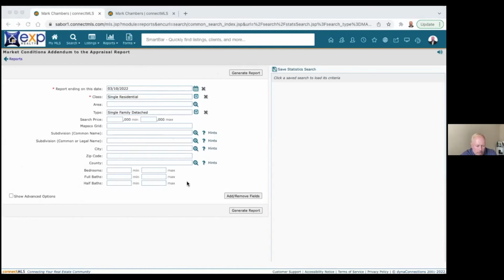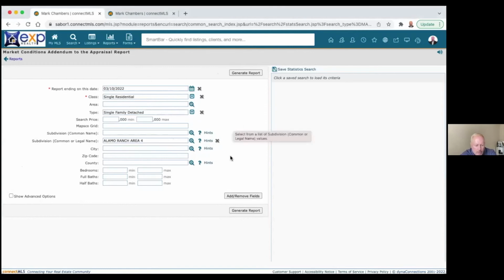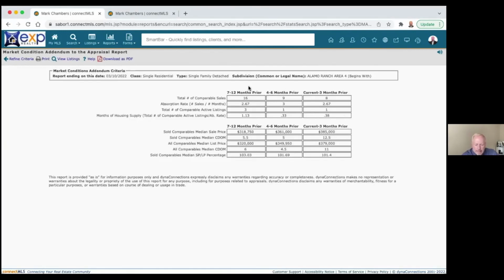and then you put in that same area we were just in, we were area 4, and you do generate report. It's going to tell you the last year, here's the last 3 months. Here's the last 6 months. And here's the 6 months before that. So look at the pattern here. There's 1.13 months of inventory in the last year. In the last 6 months, way less, 0.33. And 0.38 right now. Okay, and this would have been even lower yesterday because there was nothing on the market